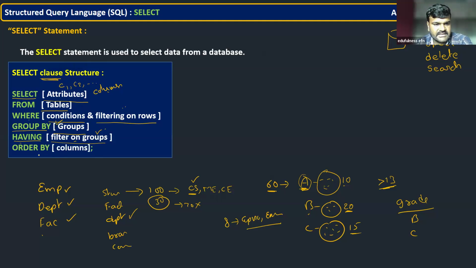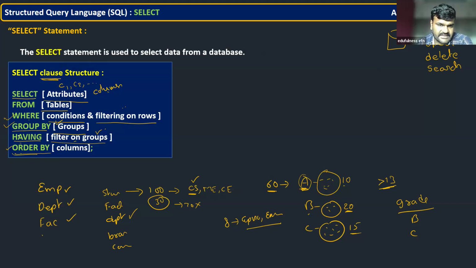Then, very importantly, the order by clause, the final one. What is the order by clause for? As the name implies, you are ordering the data, either in ascending or descending order. Whenever you need the data that way, you use it. There are many insights in the order by clause, group by clause, where clause, and in the select clause here. It is not just selecting the columns, something else is there. Out of all these 6 clauses, these are the basic clauses you should know.